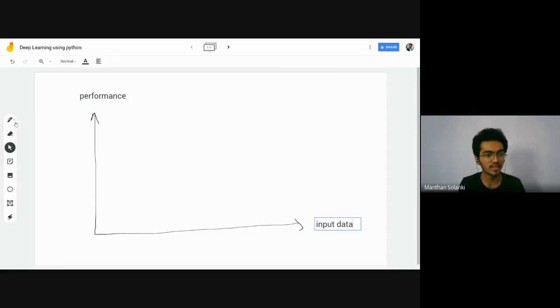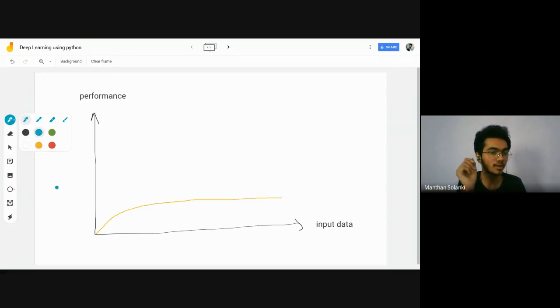And what is actually happening? First of all, let's take an example of a traditional machine learning algorithm. Traditional machine learning algorithms have performance like this. After a couple of input data sets, we cannot get much more performance from the traditional machine learning algorithm. But if we use deep learning instead, let's take a small neural network.